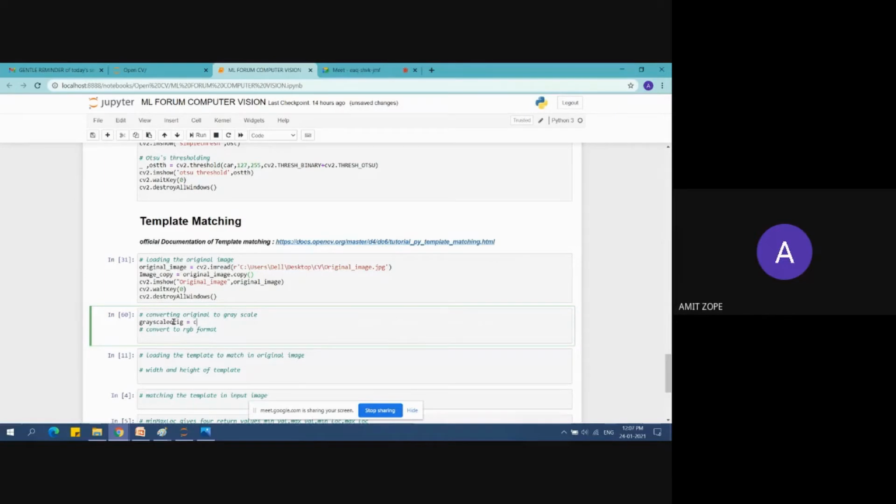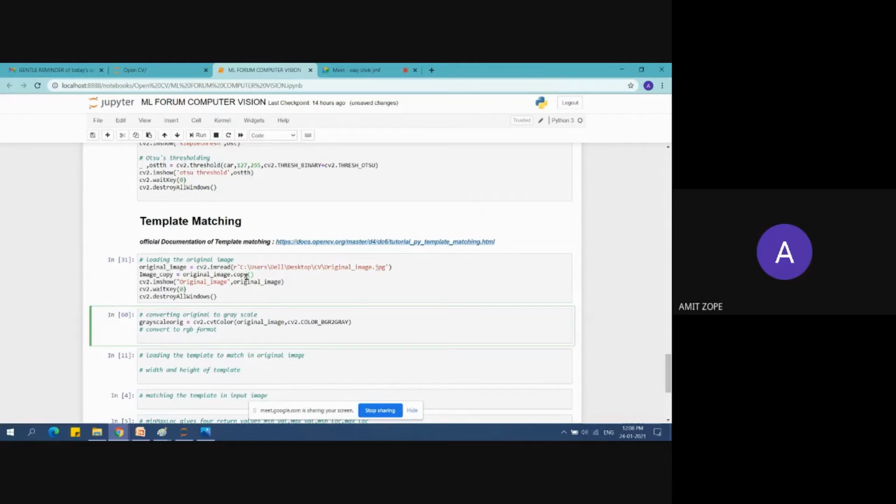Grayscale original is equal to cv2 dot cvtColor, converting the original image from BGR to gray.